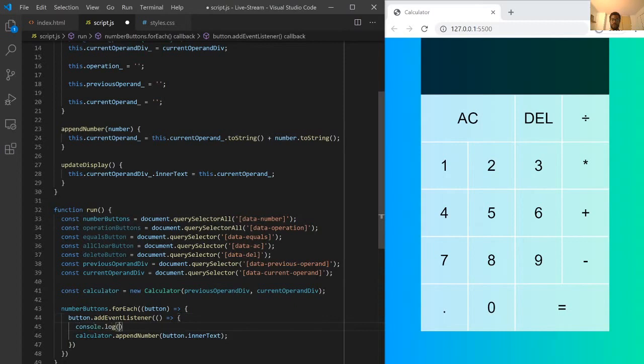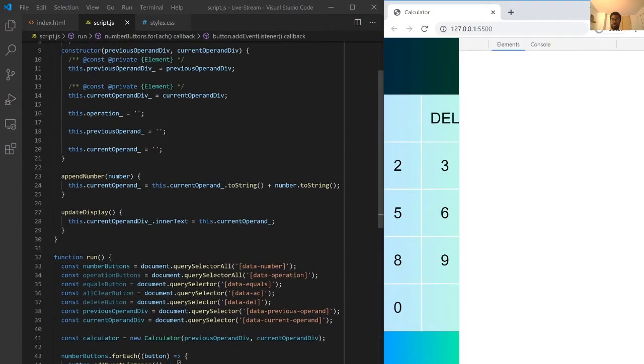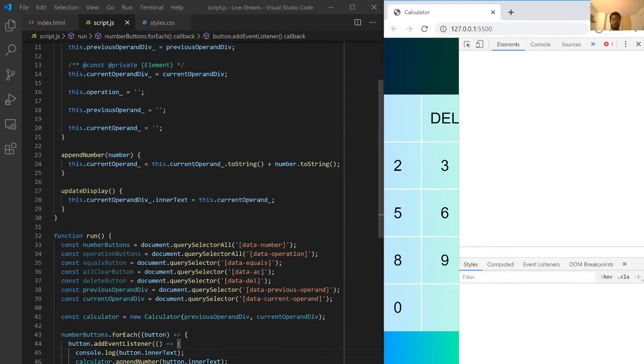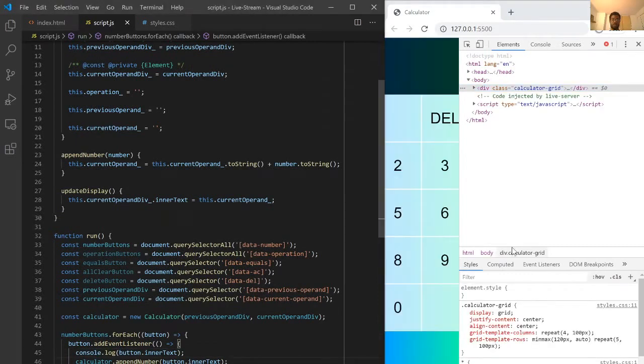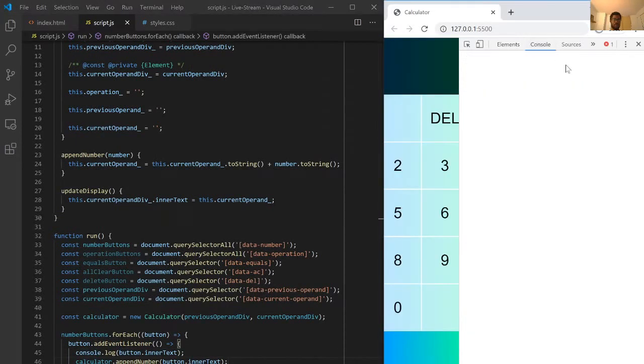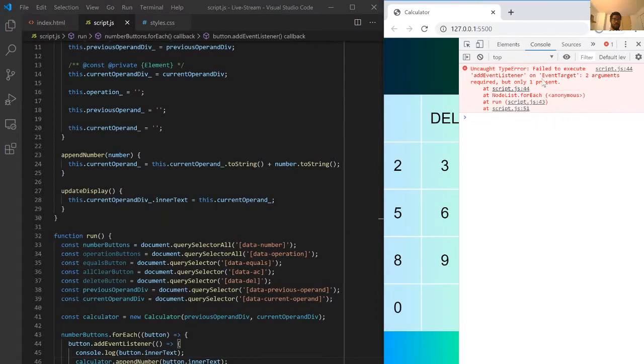So I like to use console log statements, and I like to go back into the Chrome inspector to see what's going on. So in this case, for whatever reason, oh, I didn't even call updateDisplay. But let's just go through the exercise to see what's going on. For one, we failed to execute addEventListener. And the reason why is because we only provided this thing with one argument, right? And the first argument needs to be,